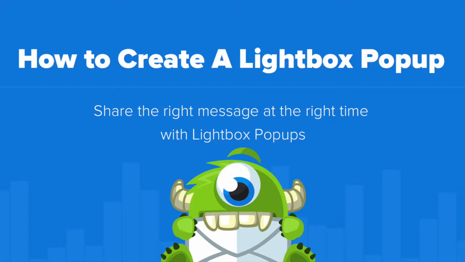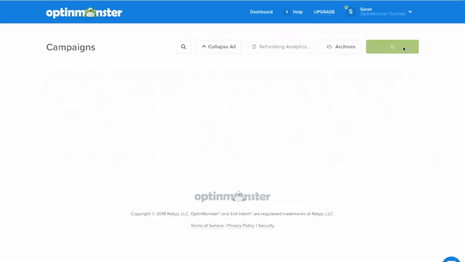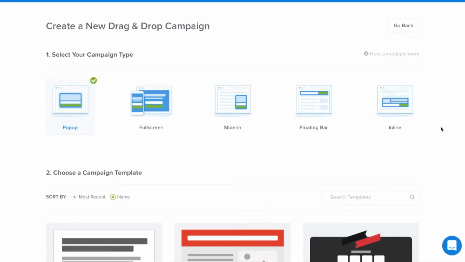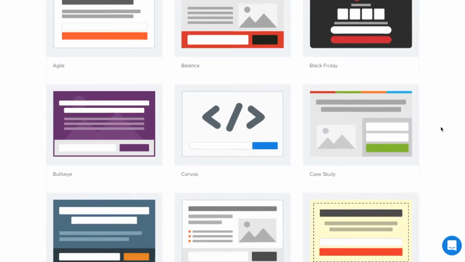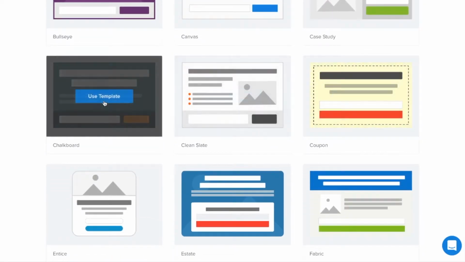In this video, we'll take a look at how to create a Lightbox Popup. In your OptinMonster dashboard, click Create Campaign. Next, with Popup highlighted, choose the campaign template that's best for your design needs or the canvas template to start